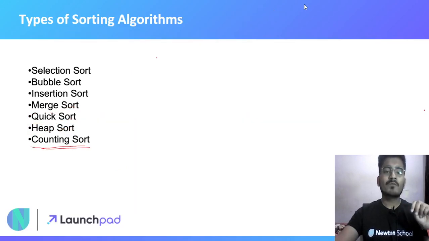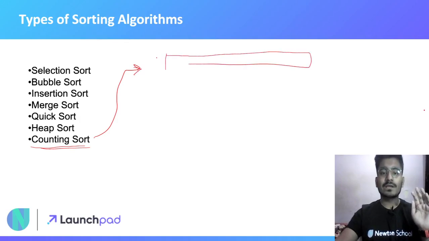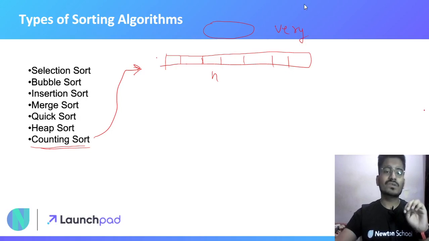That is counting sort. This sort algorithm has some prerequisites. We are going to discuss it in a separate video, but let me tell you the prerequisites in brief. Suppose you have some n number of elements in your container. These elements should be finite or have very few distinct values. Like in this whole array you have 1 2 1 2 1 2 0, so you have a total of 3 different elements, that is 0, 1 and 2.